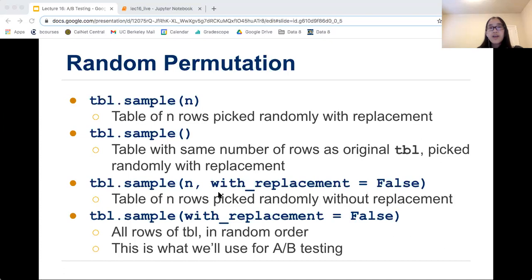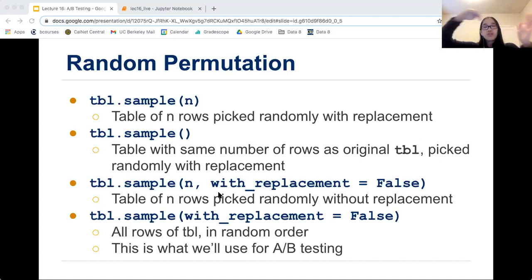If you think about it, if you have an original table and you draw from that table the same number of times without replacement, eventually you're just going to get all the same rows back from the original table, but in a different order, right? You can think of it like you write 10 numbers down on different sheets of paper, lined up, and then you start picking those papers randomly.